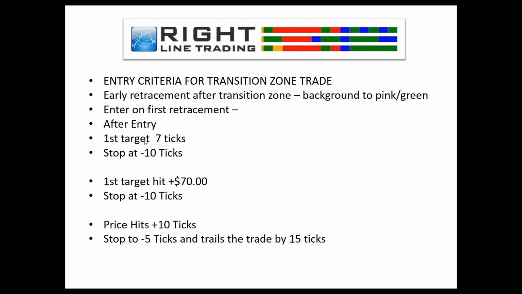You're trading futures. The first target is 7 ticks. Your stop stays at -10. Hit your first target, your risk is $30. Right here, you're up 70. You still have 10 ticks of risk on the trade. Once the price hits 10 ticks, the stop moves to -5. Your maximum downside cost here is plus $20. Once it goes to 10 ticks, you're then up. You can take yourself out to McDonald's.